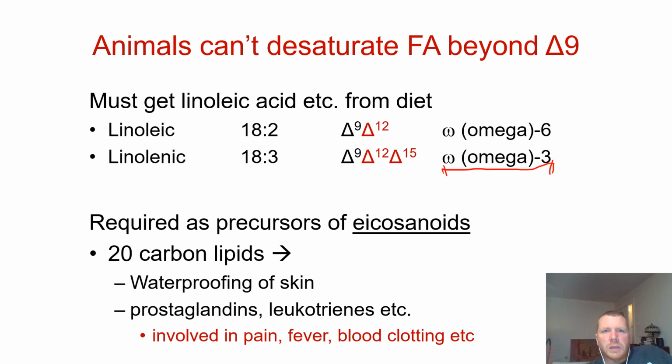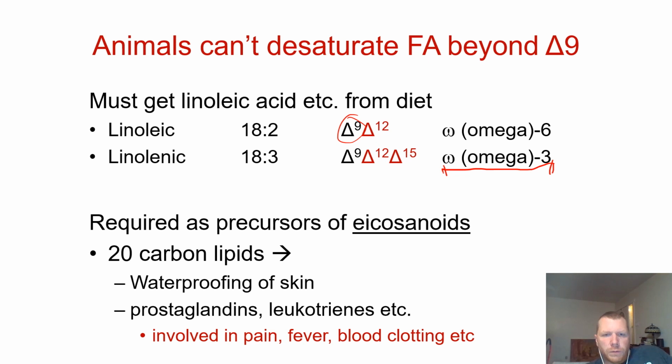So that's because you have to supplement for these anytime that you're consuming something or ingesting something that has a double bond beyond that 9 position. So these two, linoleic and linolenic acid, are both fatty acids that you cannot synthesize in your own body or in any of your cells. So these fatty acids ultimately are going to be precursors for eicosanoids, which are 20 carbon fatty acids, and